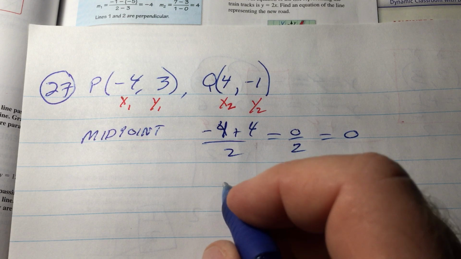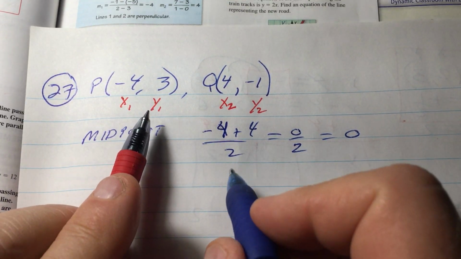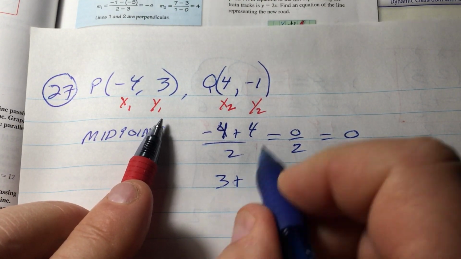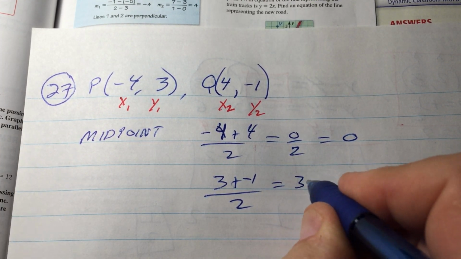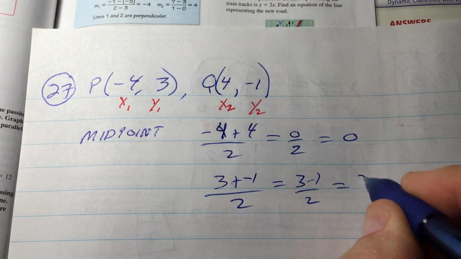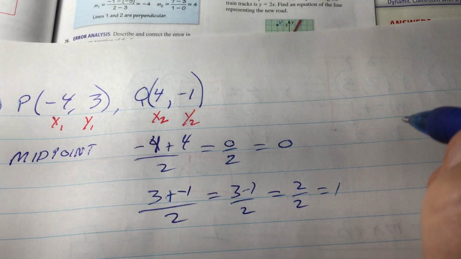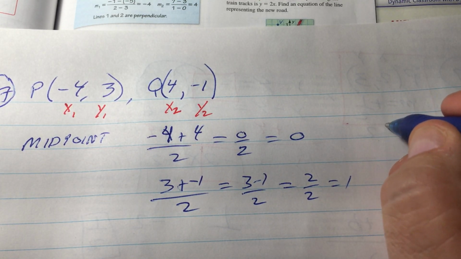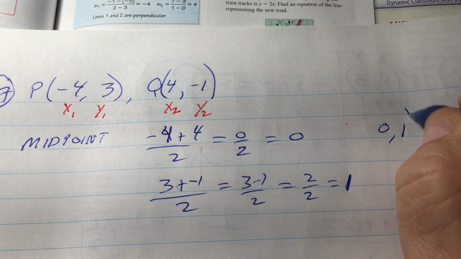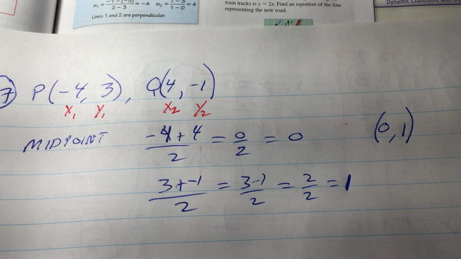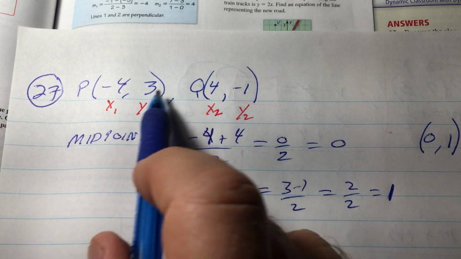So for my y value, add my y values together: 3 plus a negative 1, divided by 2. So your x value is 0 and your y value is 1. That's your midpoint. Okay? So the midpoint of